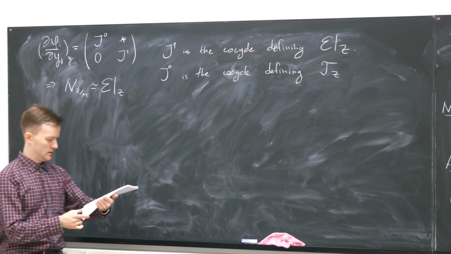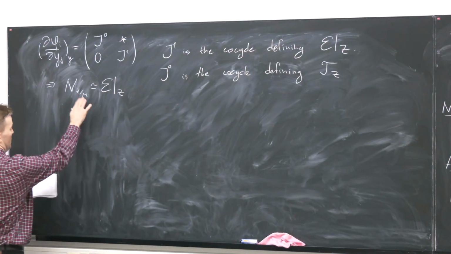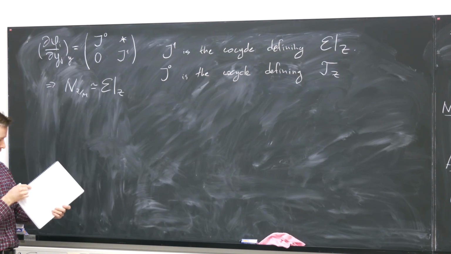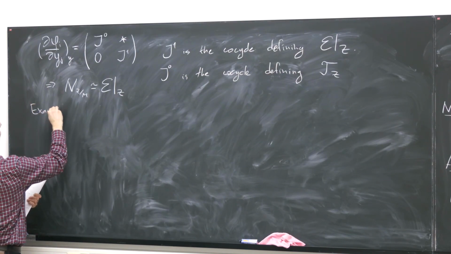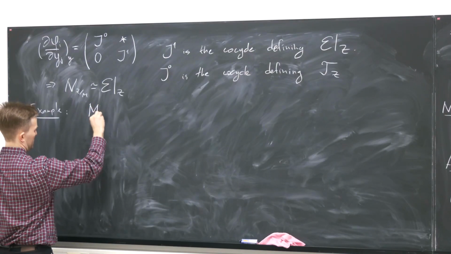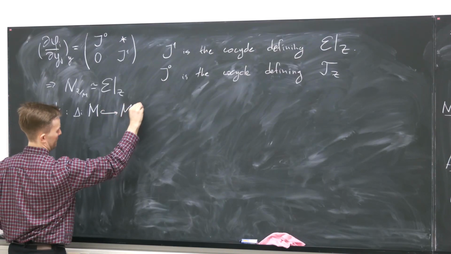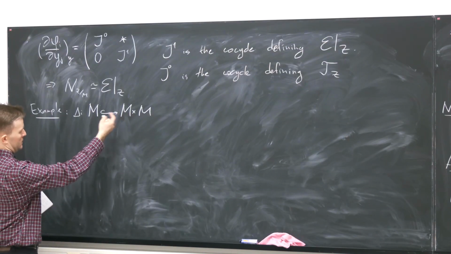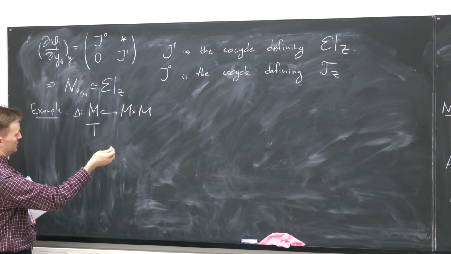So the upshot is just this isomorphism. So let's now apply this to the following situation. Let's take M and embed it diagonally into M times M. So then that's a smooth submanifold,